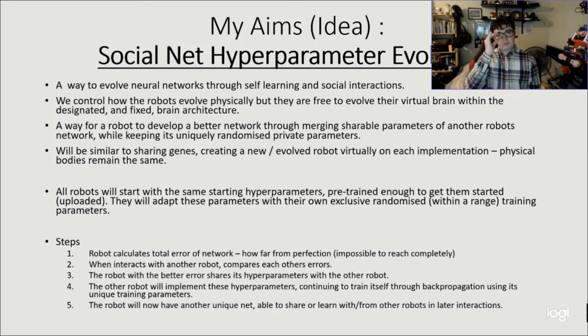If we have a swarm of, I don't know, 50 robots, ultimately they'll be learning by themselves, and every time they meet each other, the one with the better network would share elements of it with the lesser one. As a cluster, as a community, they should learn a lot faster than just one robot by itself. And in a way, it'll be somewhat evolving, almost breathing virtually, or at least that's my hope, that's my aim. I still have to build it.